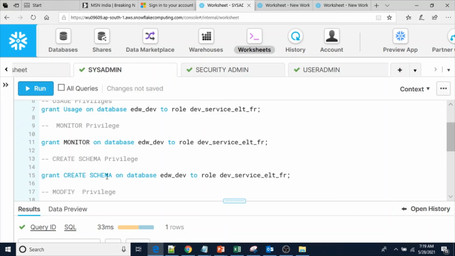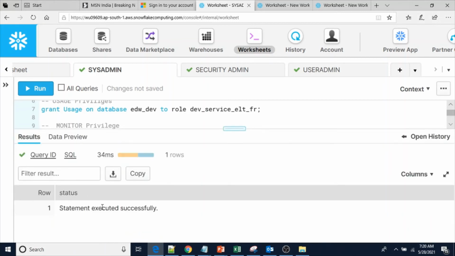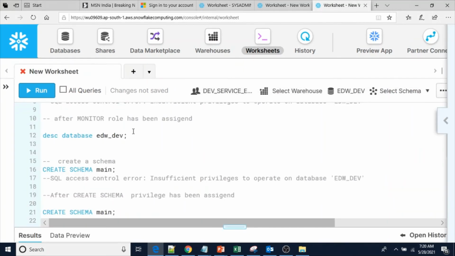So grant create schema on database name to role name. So let me execute this. Yeah, statement executed successfully.